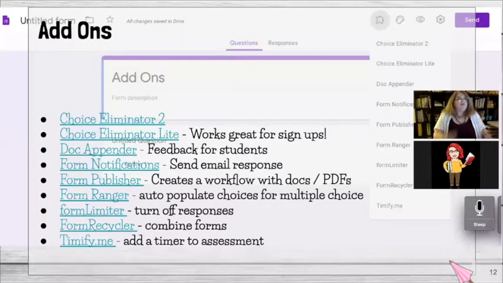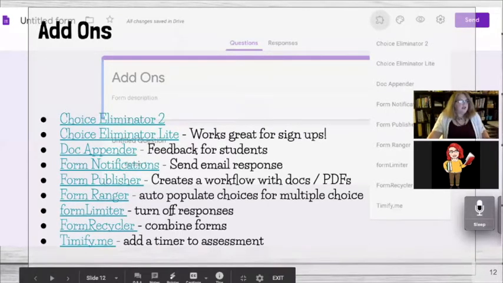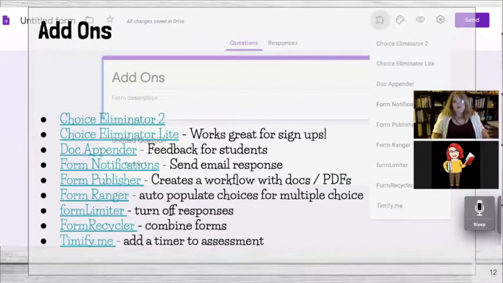So some of the add-ons that I'd like to talk about today are, let's see, before I do that, I want to check and see if we've got any questions. Okay, no. So some of the add-ons I want to talk about today are ones that have been whitelisted